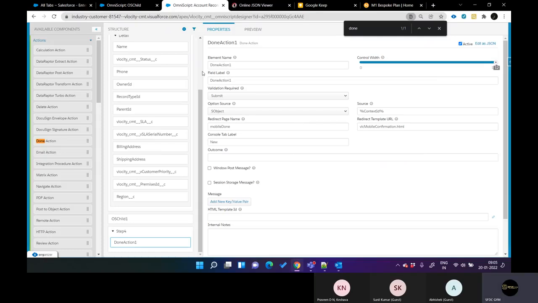This is the same, right? This is a name and this is something. Next is the validation, which you know already, right? When you use done actions or any backend element,